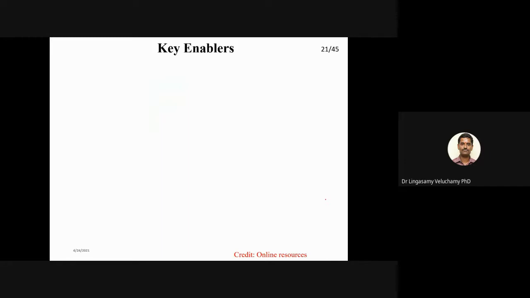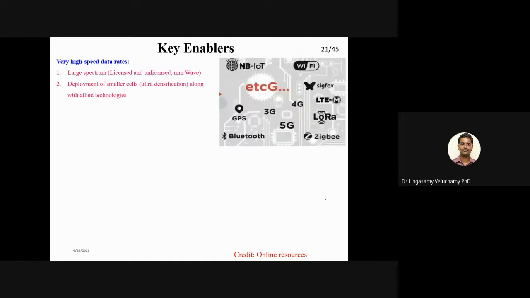What are the key enablers in 5G? Nowadays we are getting several articles about very high speed data rates. How do they achieve that? One is that a large spectrum is available, because millimeter wave has a very good bandwidth. Next is deployment of smaller cells. That is another key concept, an area to which they paid much attention. So instead of covering a larger area, they will put smaller cells so that each user gets much attention,